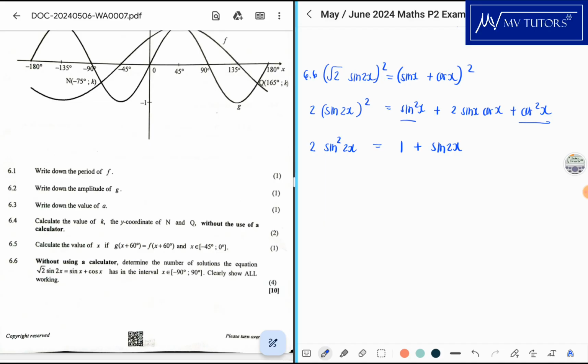So I'm going to take everything to the left-hand side. So I have 2 sine squared 2x minus sine 2x minus 1. If this is a little bit difficult for you to digest, you can say let sine 2x equal to y. All right, so then you have,